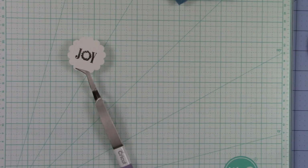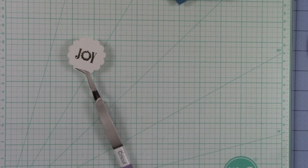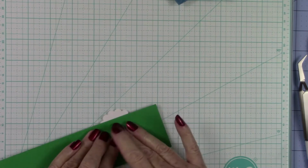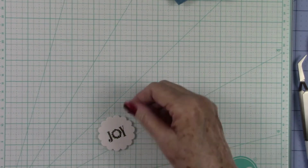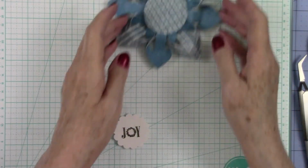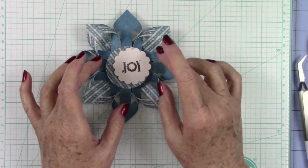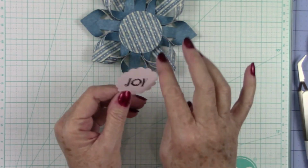So I am going to find my little place that I hang my tool under here. I am going to take another piece of paper like this and just lay on it to make sure it's not picking up. See, it did pick up a little bit, just a smidgen. So I'm going to bring our ornament back over, and I want to put this, but you know what I want to do? I think I want to take a little bit of blue and just distress around the edge